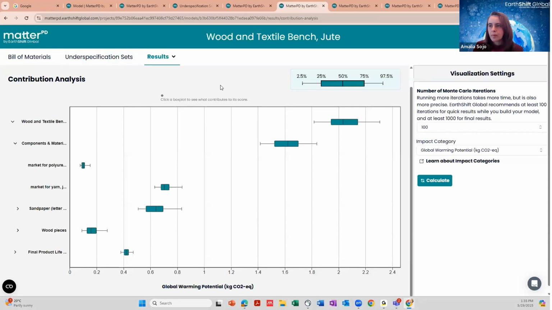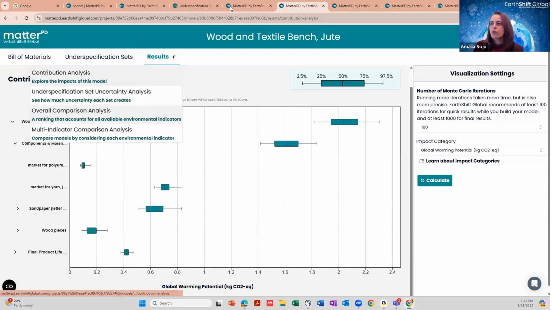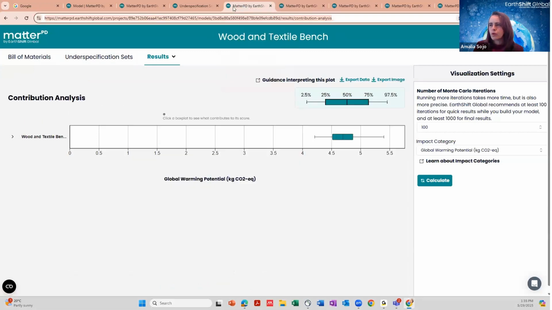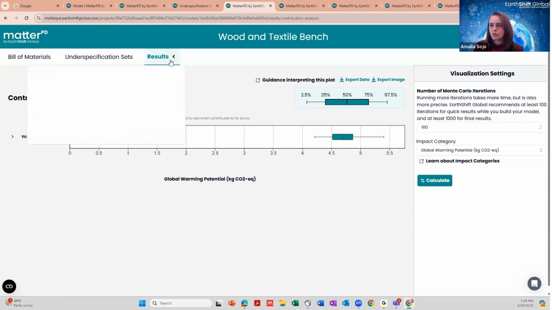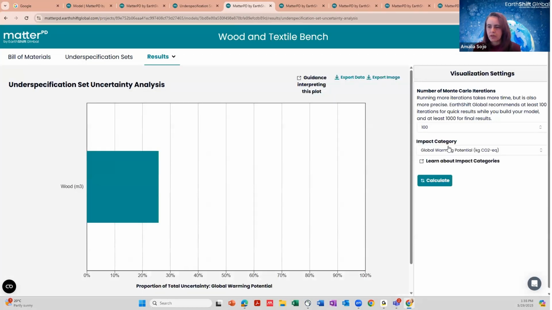There are other results that I can get from here. So the other result is the underspecification set. And this is so I know how much uncertainty is causing my underspecification datasets.